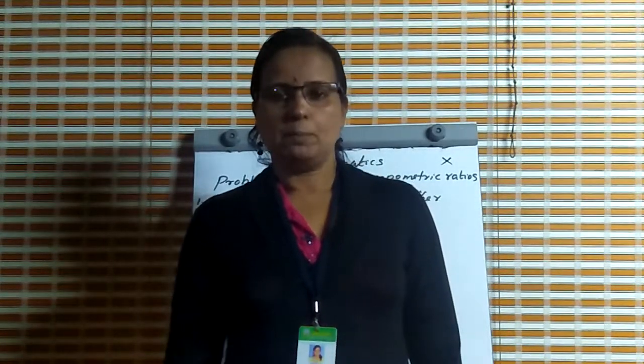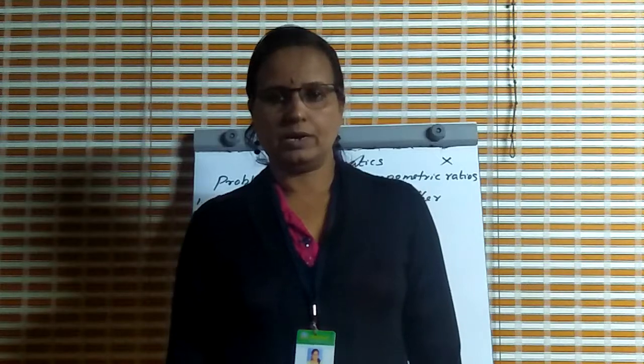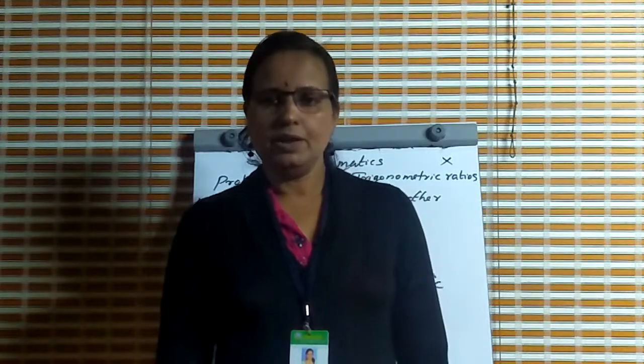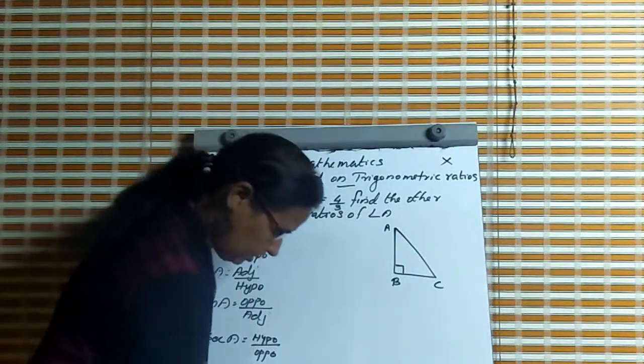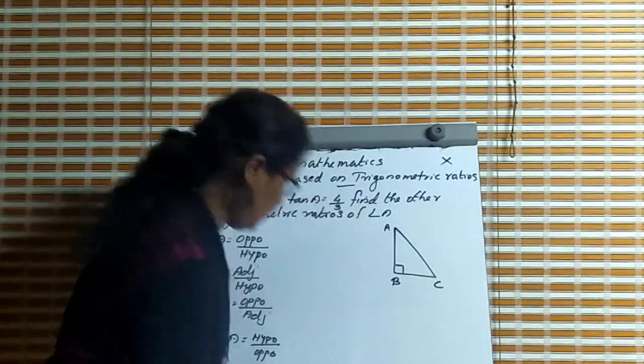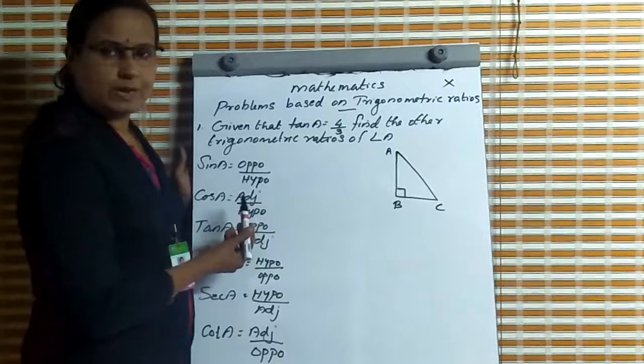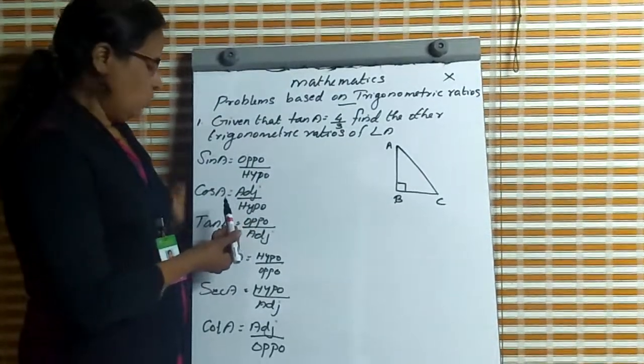Good morning, children. Today we are going to solve problems based on trigonometric ratios. Based on one acute angle of a right-angled triangle, we have 6 trigonometric ratios. Look at the board. The trigonometric ratios are sin A is equal to opposite side by hypotenuse, cos A is